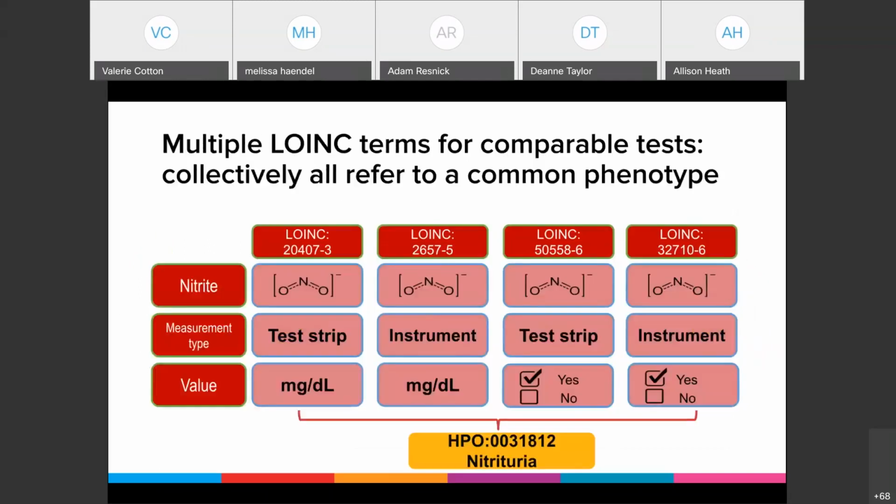These quantitative phenotypes can often be evaluated using many different tests. So for example, here if we're trying to test for blood nitrite, that's an unusual circumstance to have nitrite in the blood, but there are many different